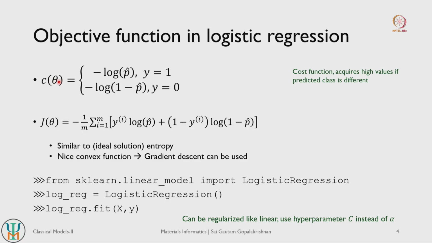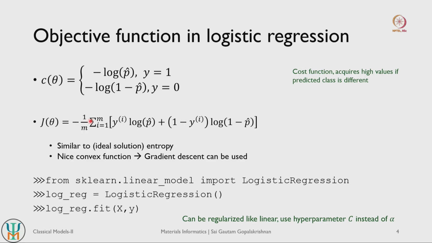Okay, so what we then do is take this cost function and define some kind of an objective function so that we get a smooth convex behavior and we can actually use gradient descent to fit the model. So the way we define this objective function, J of theta, J is our objective function, theta is a set of weights and biases that influence the objective function. m is the number of training data points that we have. So we normalize it with respect to the total number of training data points.